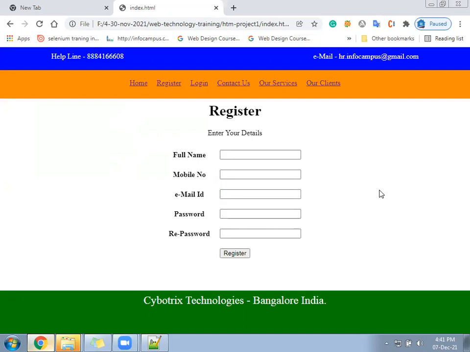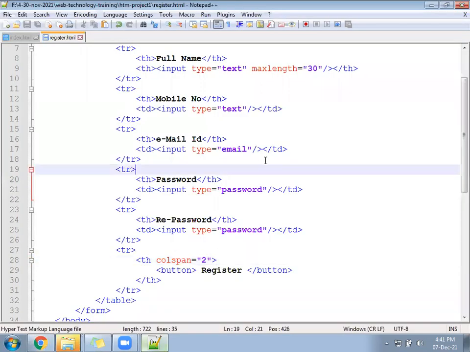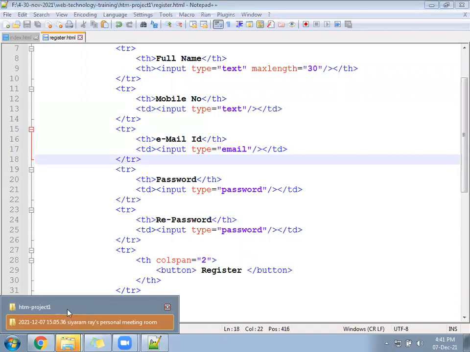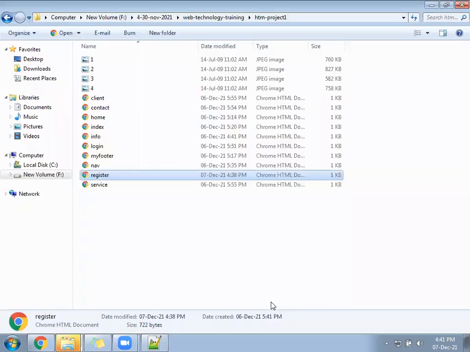Next, after that, we will work on the next file called login. If you click on the photo, you already have the login page. We have a file login.html from yesterday.